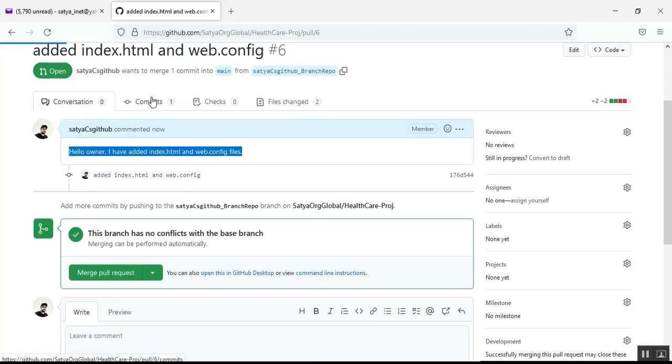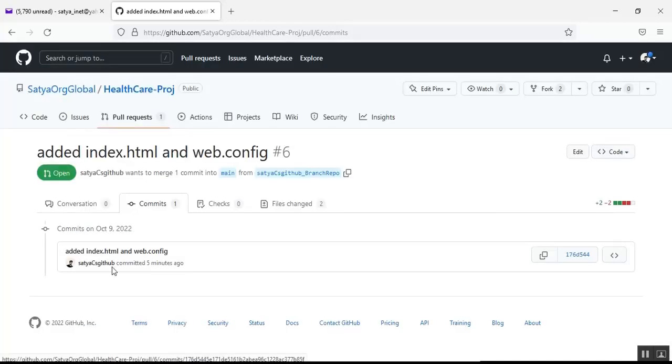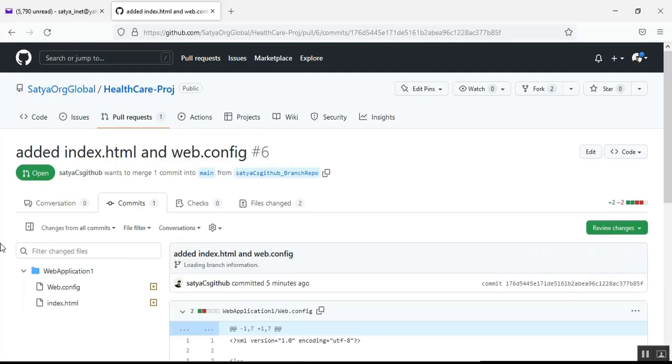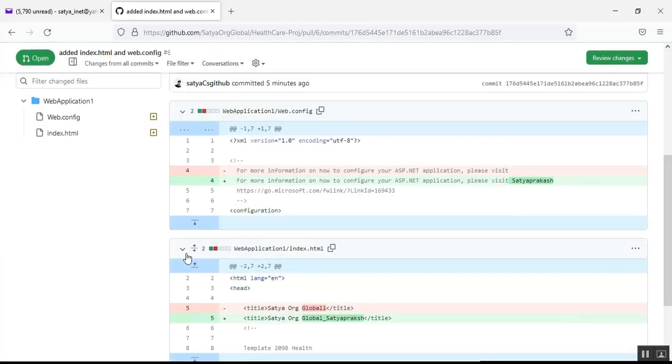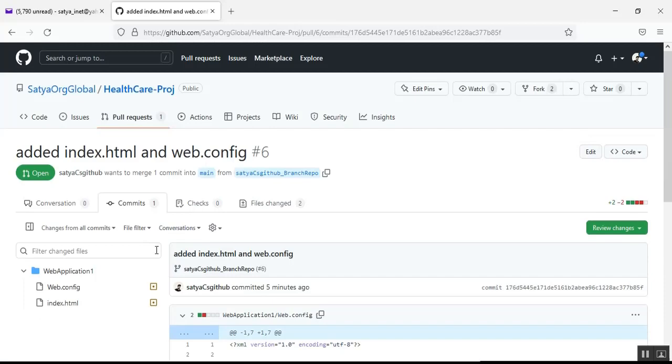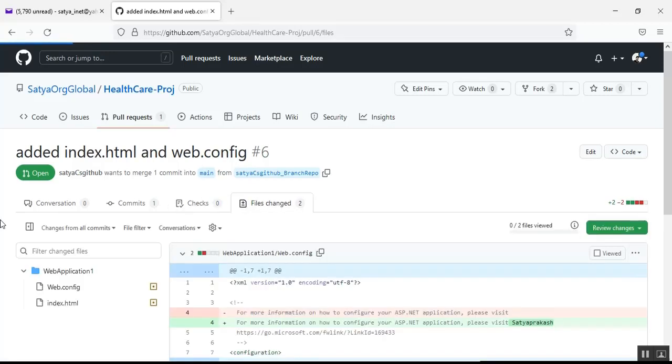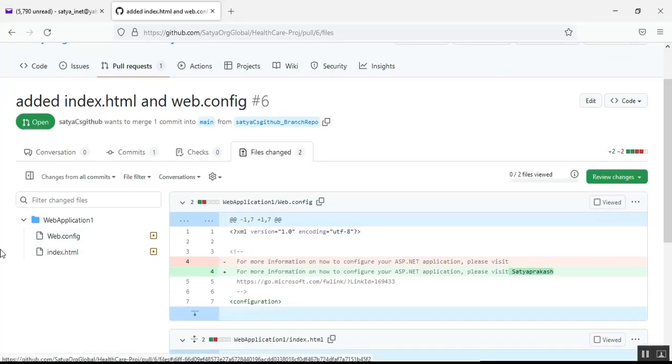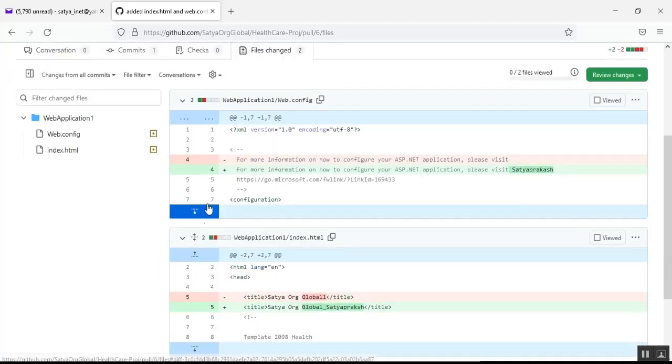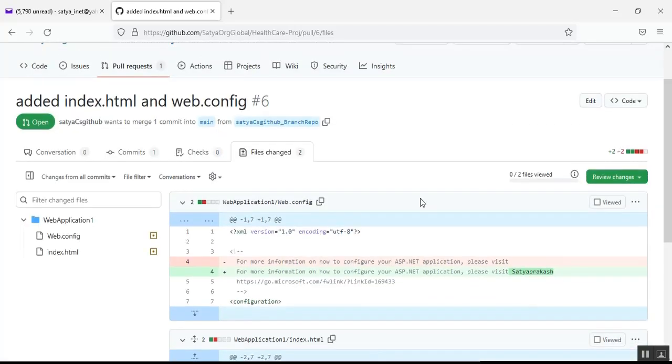So here is the commit, you can see this tab. Alright, so if you click this, you can see these two files, whatever changes you have made. Under checks there is no data, and if you see the file change tab, you can see these two files, that is web.config and index.html, with all the changes. Alright, and once it is done,